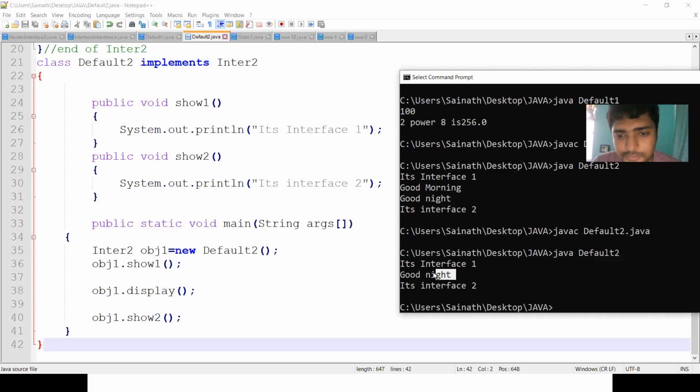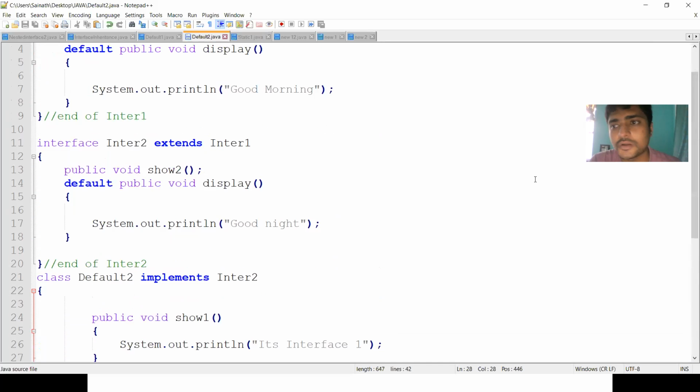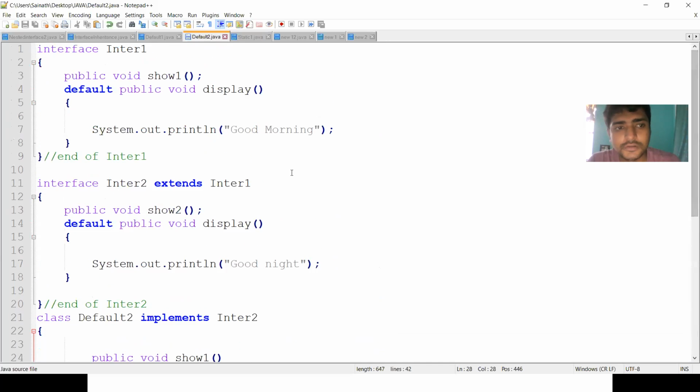So the concept here is, if you use inheritance, the concept of method overriding comes in. That means only the subclass method is executed. The sub interface method is executed here. So we got the output good night.